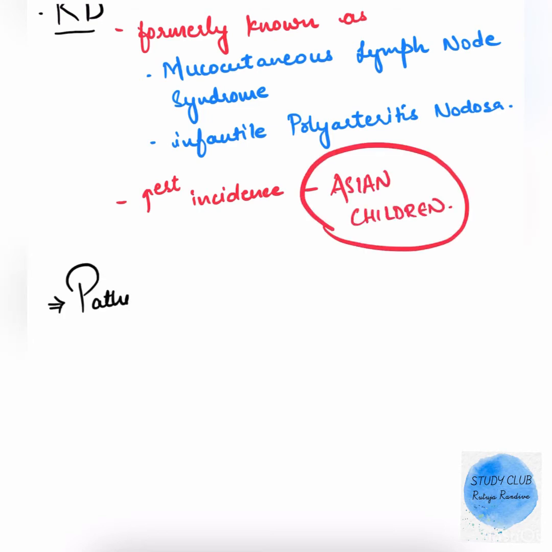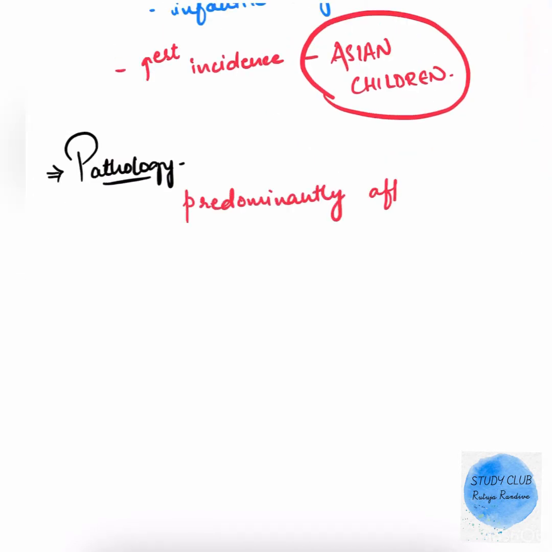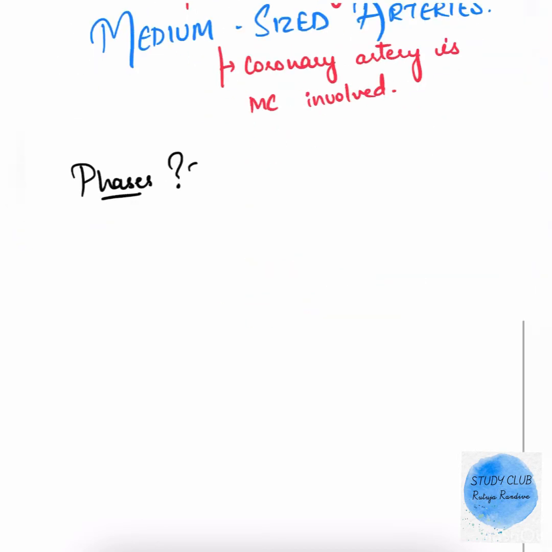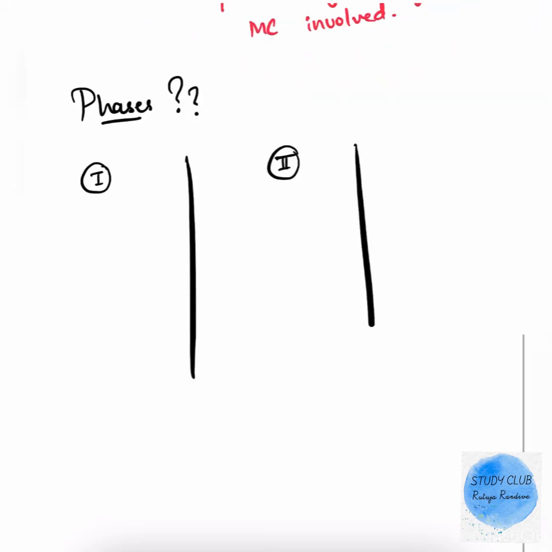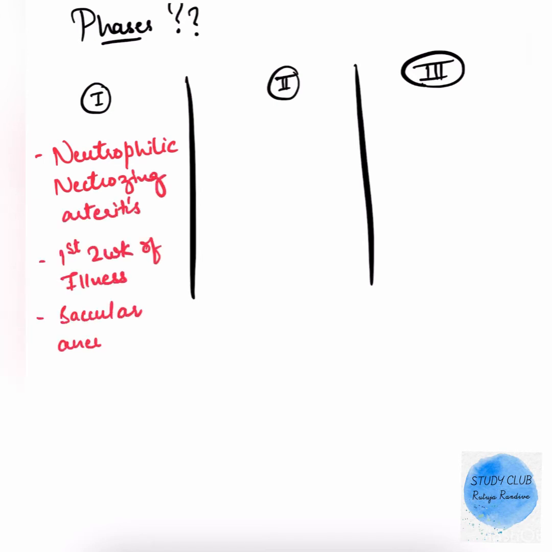Now let's move to the pathology of Kawasaki disease. It predominantly affects the medium-sized arteries, mainly the coronary artery, which is the most commonly involved. Clinically we see three phases. The first phase is neutrophilic necrotizing arteritis. It is basically seen in the first 2 weeks of the illness, and saccular aneurysms are also seen in this